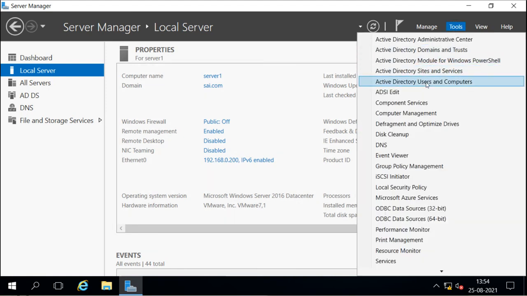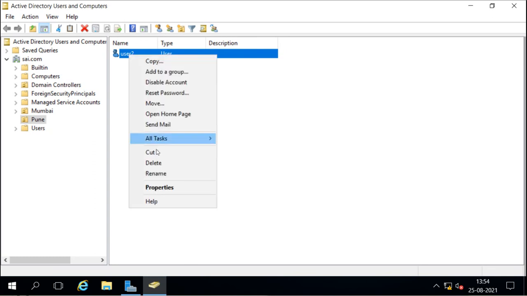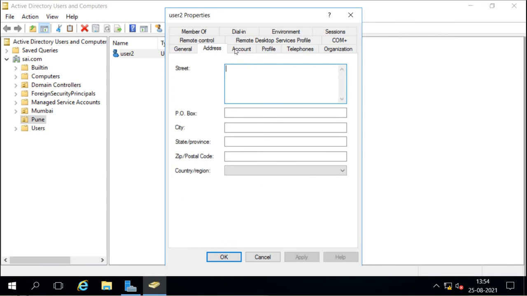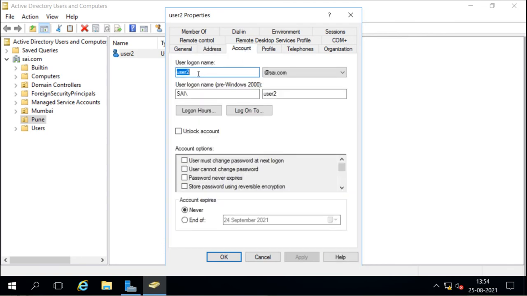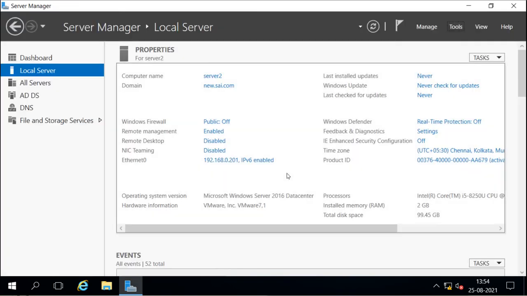Like we have the user account here. Now this user is from the root domain, and this is the UPN suffix. When you drop this down, it shows only the root domain name. Now I'll go back to the child domain. This is our child domain. The UPN suffix is like username at new.sci.com. So if we create any user here,